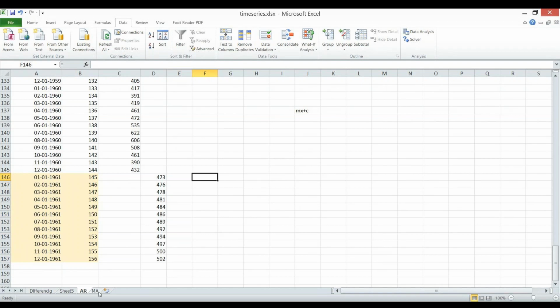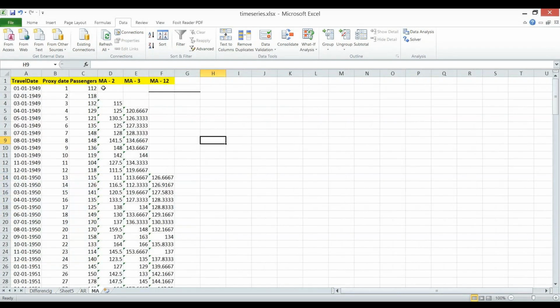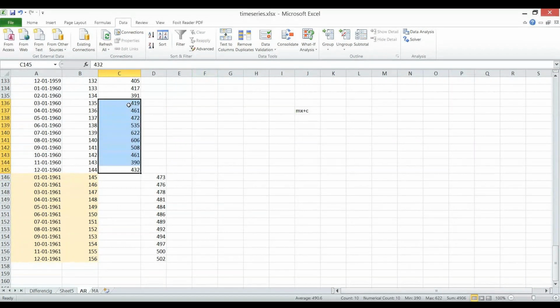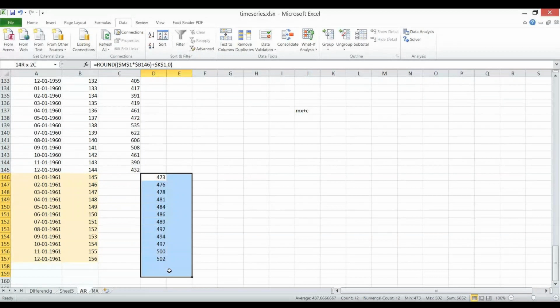And in moving average, that is, considering how many days into the past, either 2 days or 7 days or 12 days, this is generally defined by the frequency of the data you have. We have yearly data, so a window size of 12 was more suitable for us. And in auto regression there will be no window size; it will consider all these values, and in the backend linear regression is applied and predictions are made. And these are our predictions for the next 12 months. Okay, so